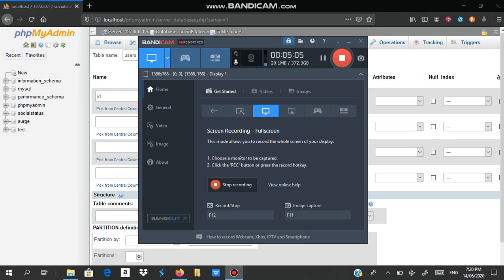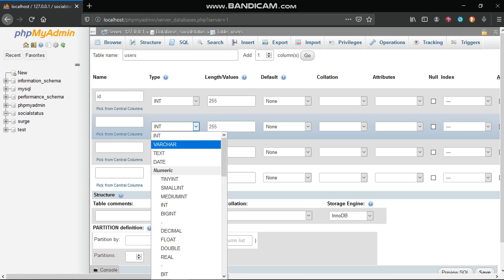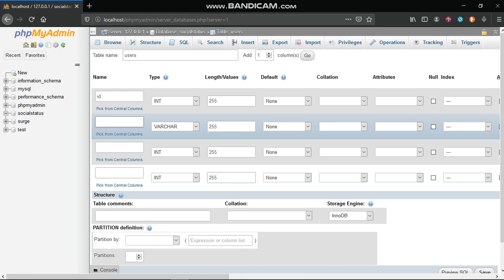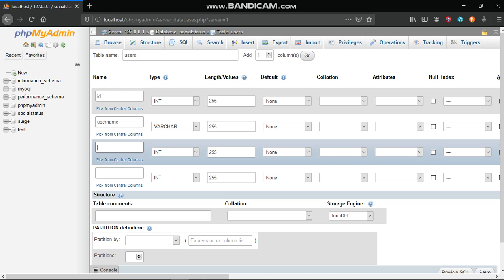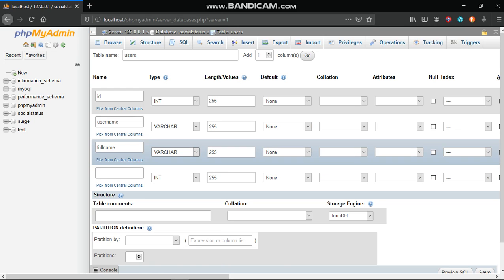Okay, so now you can put all of them as 255. Then varchar: our username is going to be varchar, full name is going to be varchar, variable character.